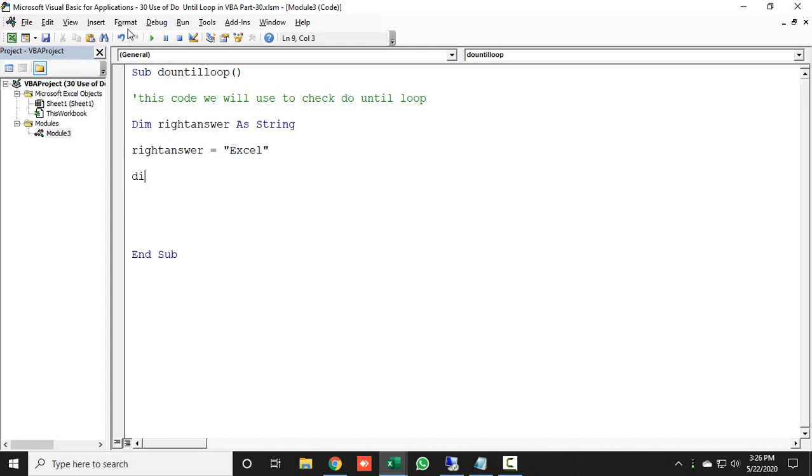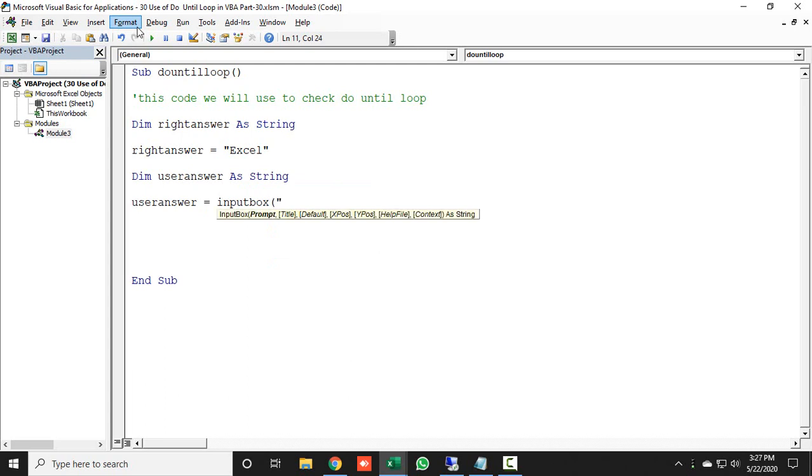Then I will take another string, userAnswer As String, and now here I'm declaring the user answer value. So userAnswer is equal to, via input box, I'm asking what software we are using. I have put a simple question to the user: what software are we using?